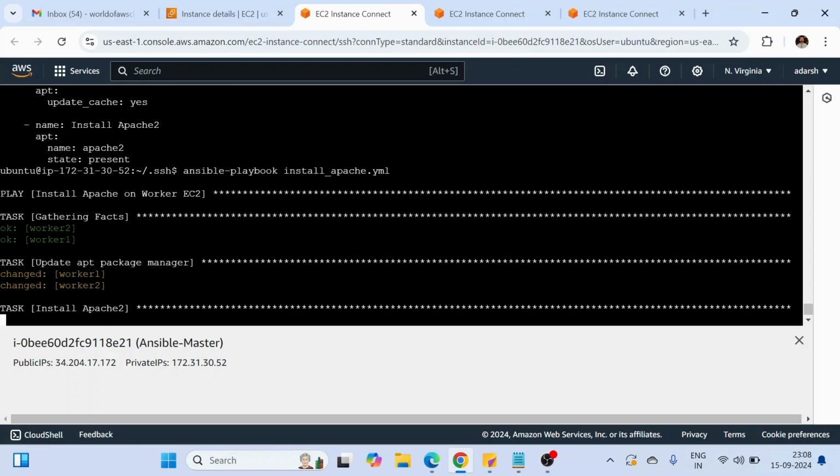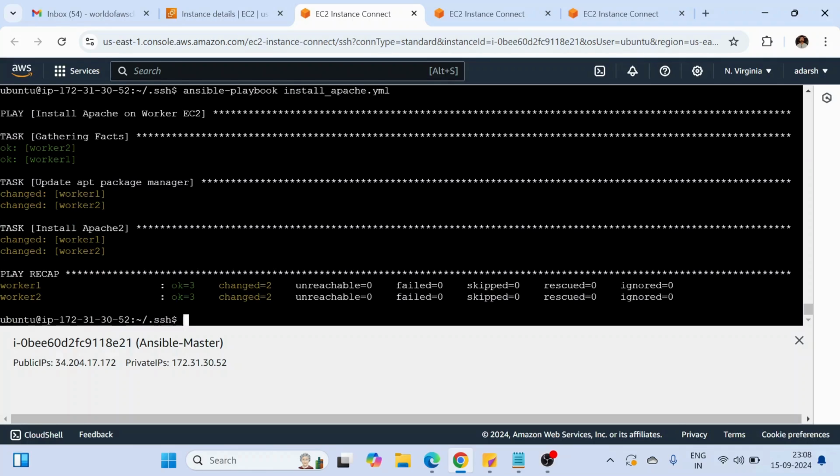Worker 1, worker 2, gathering facts, task apt update package manager, task install Apache 2. We can see changed 0, ok 3, unreachable 0, failed 0, skipped 0, rescued 0, ignored 0, right? It means we have successfully installed Apache on our